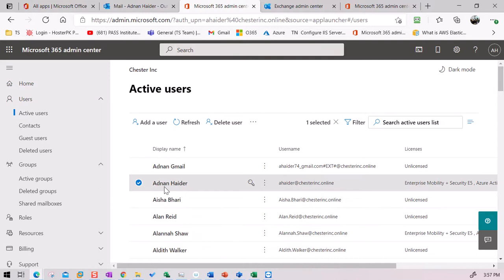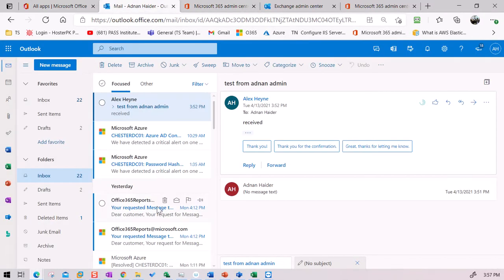So just make sure that you're changing the department value of the user that is in Office 365. I mean, you can always do that, but that will take time to sync the users. Okay, so now let's test that out. I am going to send an email